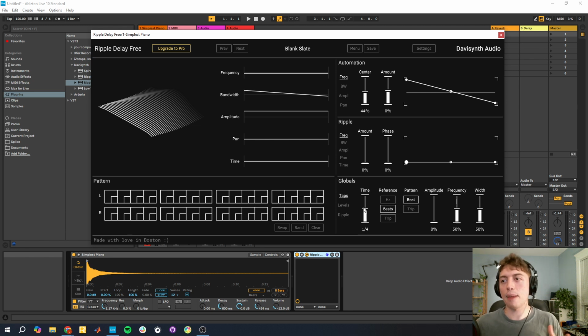The global tap time is sort of giving your BPM, or at least in reference to your BPM, what each of these notes is. So right now we have this set to be a quarter note. So each one of these is one quarter note. We can make them 1/8 note reference. And so what you'll hear when I play with this